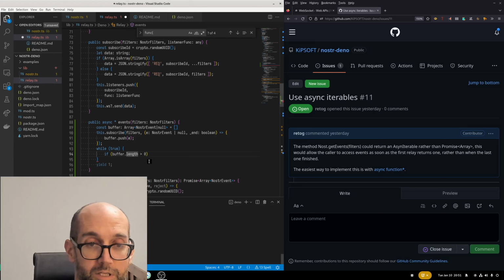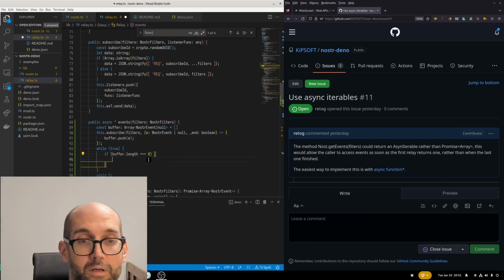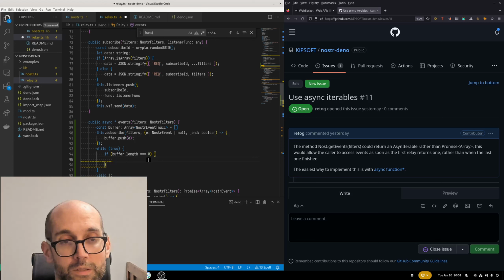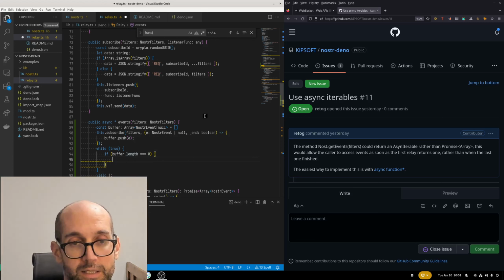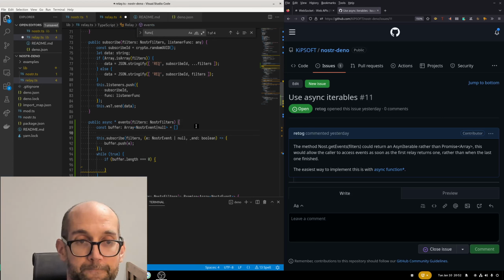If the length is 0, then, so the idea is, if 0,